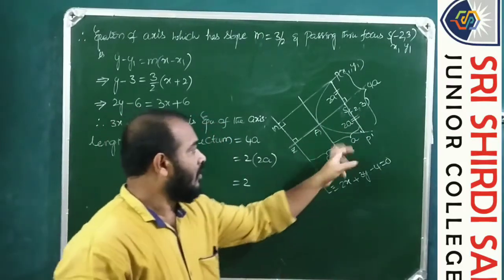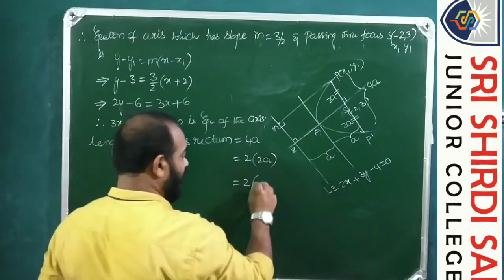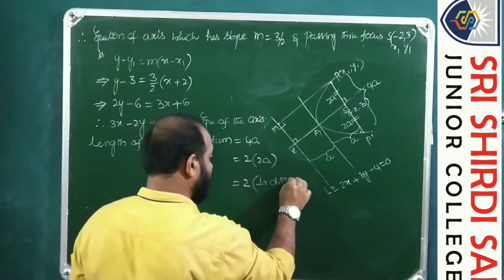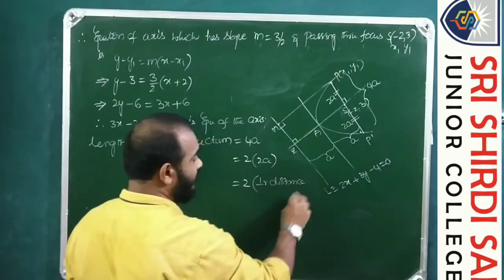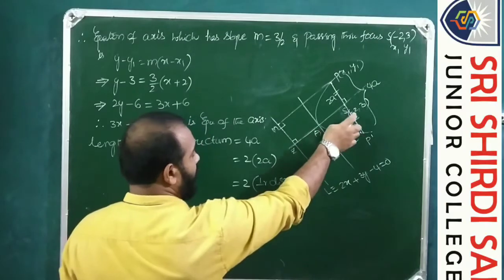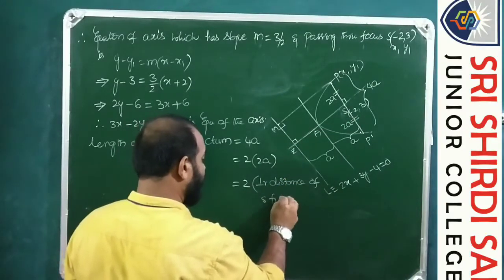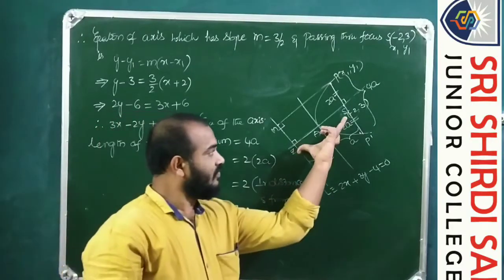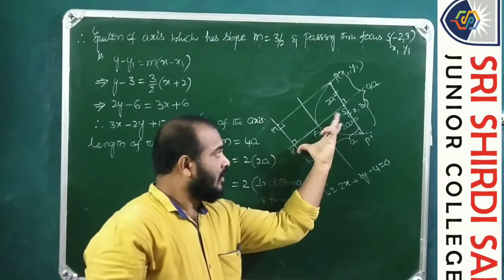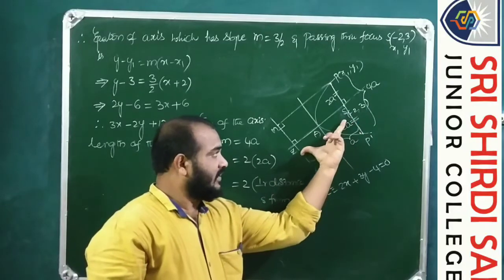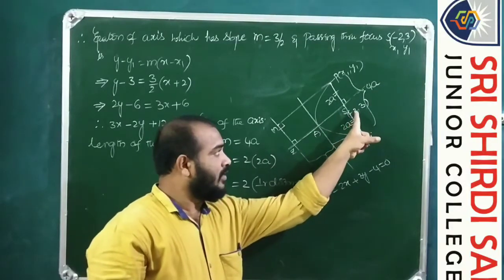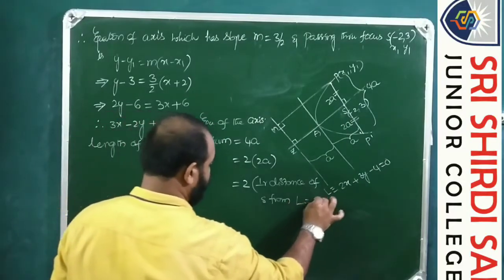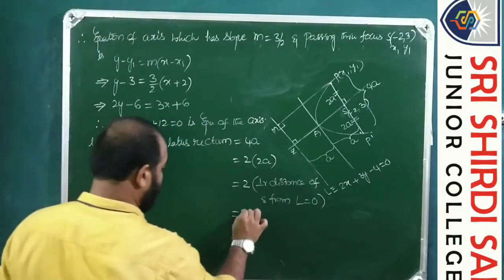That is, 2a is the perpendicular distance of S from L equals to 0. What is this? ZS is the perpendicular distance of the point S to the line L equals to 0. So this is equal to 2 into